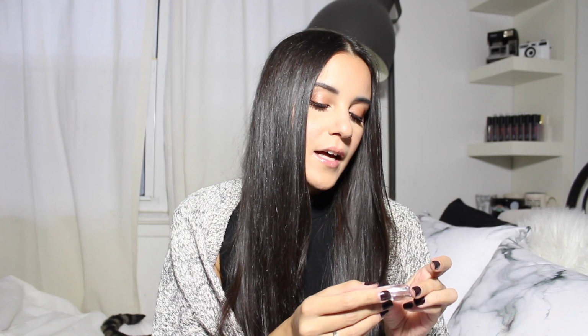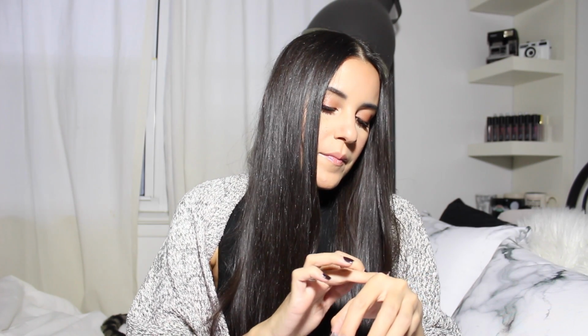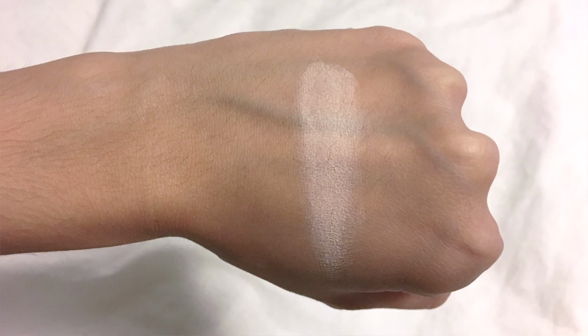So the next thing is one of their single eyeshadows, and this is from their The Velvets collection, in the color Almost Peachy. So it's a matte peachy color, and I haven't worn it yet, but it's really pigmented. I don't know if you guys can see that. I think you can. So I feel like this would be really good to use as a brow bone